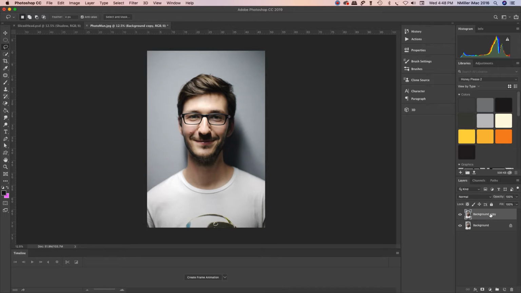Alright, and then after you do that, I'm going to hide this one and we are going to call it background nothing. Okay, I'm going to actually remove the person out of here. So from the third tool down, it's the lasso tool. I'm going to select the person roughly. And what's going to happen is we're going to do something called a fill, and we're going to do a